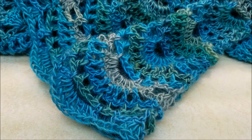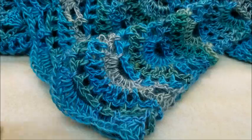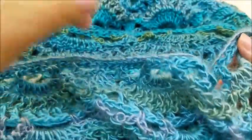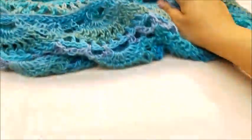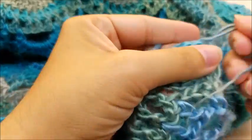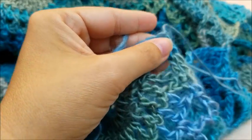You may not even need as much yarn as I said, but you need to do 2 pieces the exact same, and then we'll sew them together. And now what we're going to do is put a single crochet across the top of both pieces. So you can just start right over here in the corner